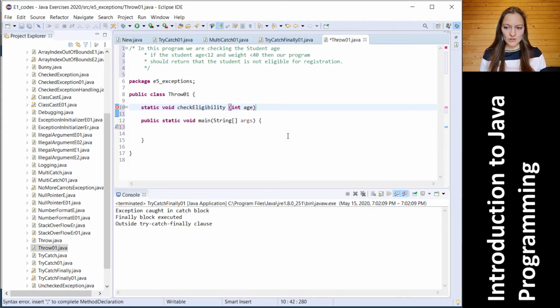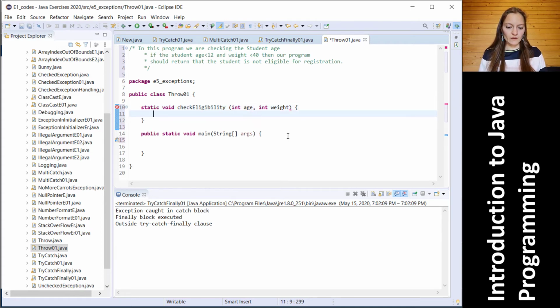The first one is age and the second one is weight. Our condition was that if the student age is less than 12 and weight less than 40, then our program should return. Okay, so if age is less than 12 and weight is less than 40,